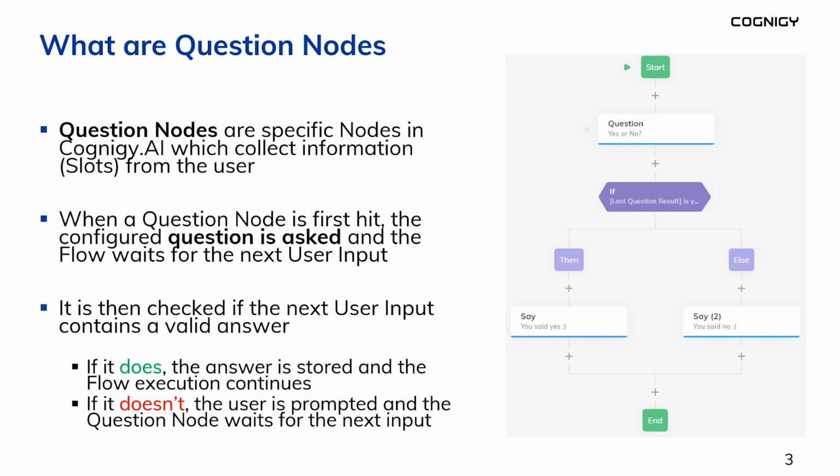But if I, for example, say Philip as the answer, then it's going to reprompt me and it's going to say, well, sorry, that wasn't a valid answer, yes or no. And if I then say yes or no, the question detects that this is a valid answer and then it continues further down in the flow. So there's a stopping question that essentially pauses there after the question was asked and forces me to give the